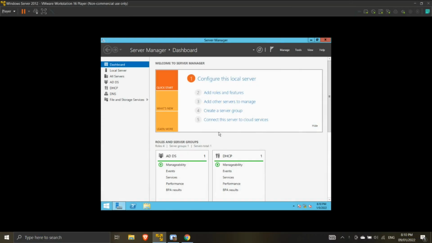So to begin, what you're going to want to do is create a folder specifically for this mandatory user profile. I think it would be nice to separate it from the users that we have created before to differentiate who gets access to what. So to do that, we will go into File Explorer,